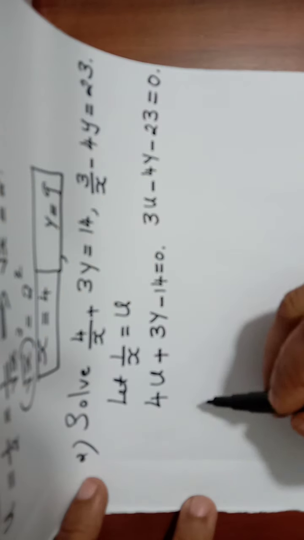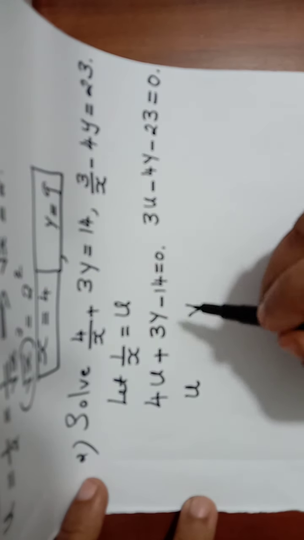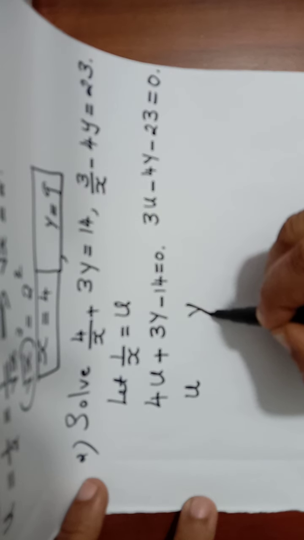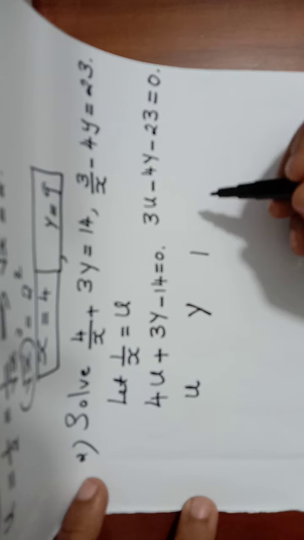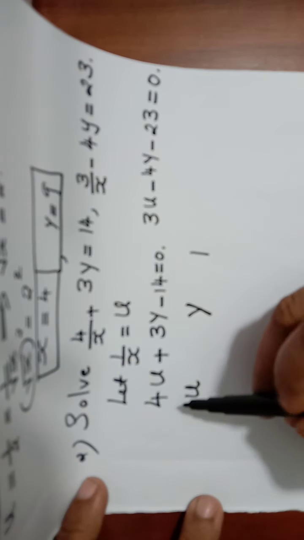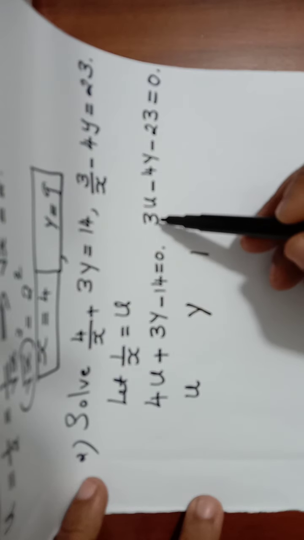Now look at the coefficient. So I think it is better to have the cross multiplication method. Let us take it as u, v, u, and here it is y because v is not there. So u, y, 1 we will take. Under u, what do we take? This is a1, b1, c1, a2, b2, c2.